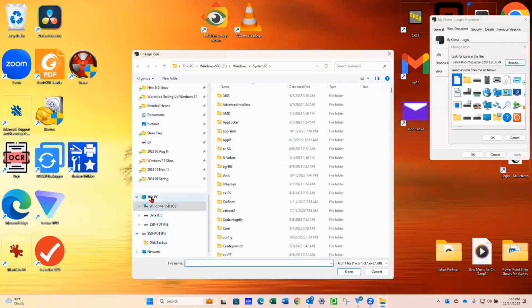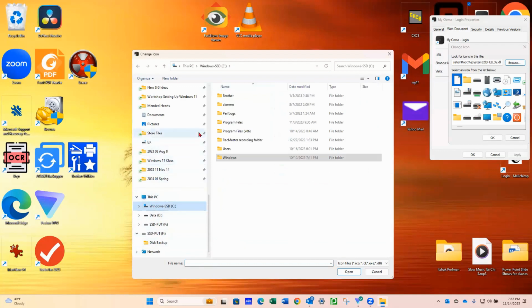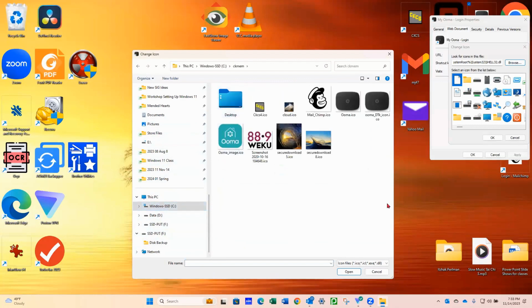So let's see, where is it? I go to Drive C, and it is CKC Mem, and that's where any icons I find that I want, I put them here. And then when I browse, I come here and put the icon where I want it